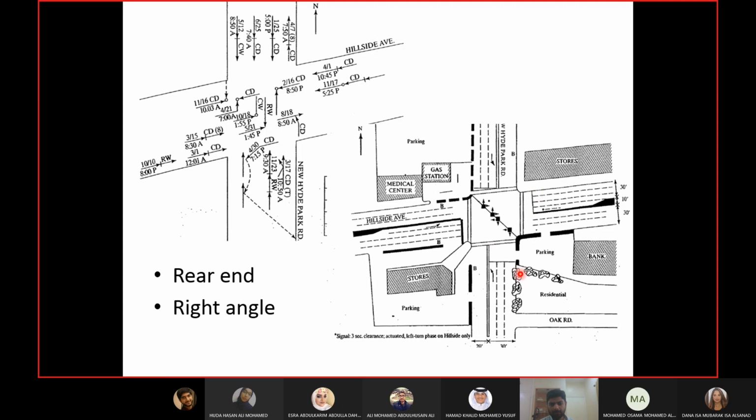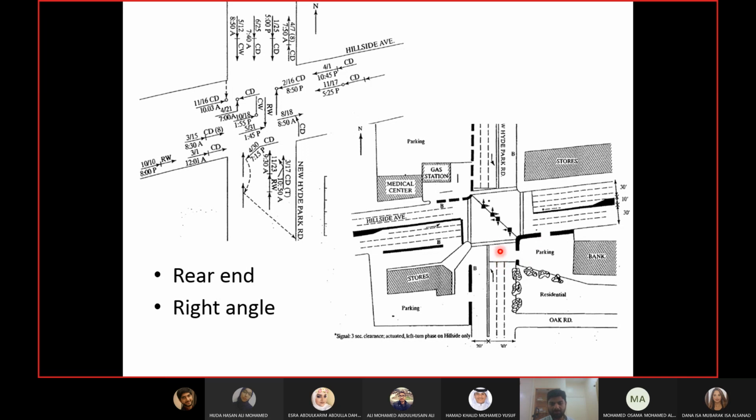areas. Closing the exits from the parking area will also take care of something else, which is the blocking of the line of sight from these people who are coming out, or having rear end accidents because of these people who are coming out of the parking areas. So shifting the stop line would require closing the exits mainly. And if you close the exits, then maybe you will solve the problem of the sight distance as well.